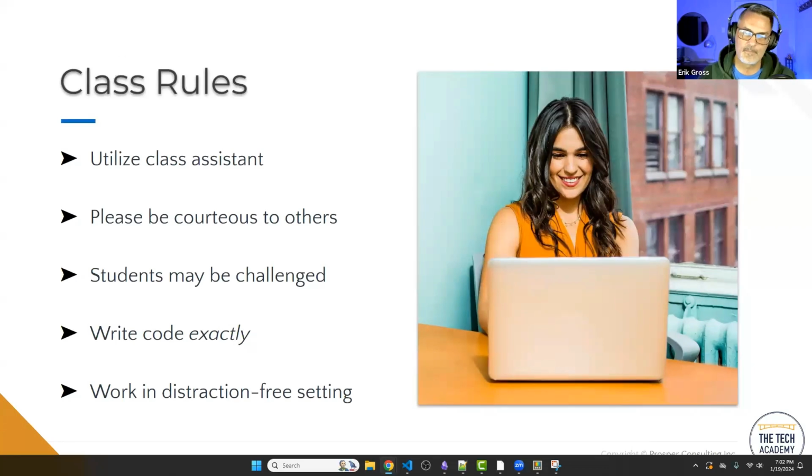I do want to stress that these coding classes that we run, they're designed to be introductory classes. And we feel pretty comfortable that we've done a decent job of making them introductory in nature. Now, that said, they're still going to be challenging. And part of that is the nature of the beast. Learning to enter instructions into a computer to make it do what you want it to do is a bit of a challenging concept. We do a lot to make it simple and approachable, but just expect to be challenged a little bit. You will have a chance to get your questions answered, but expect to be challenged a little